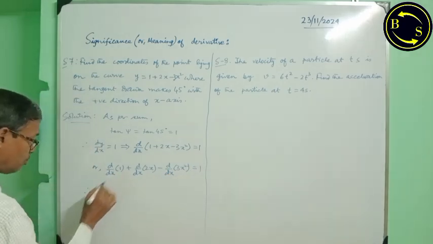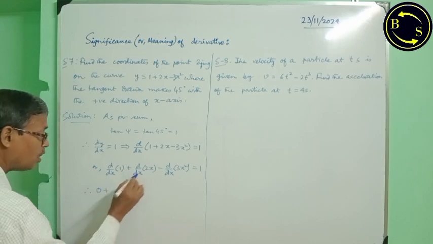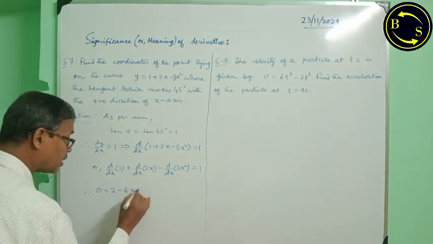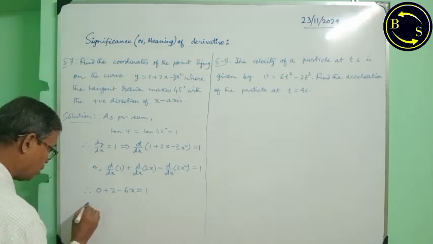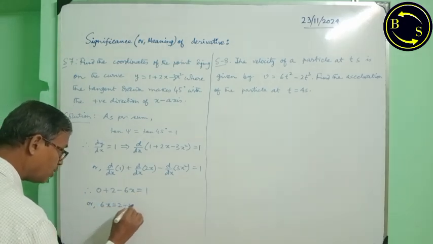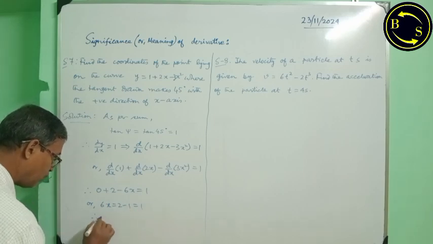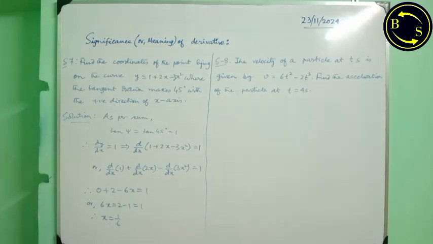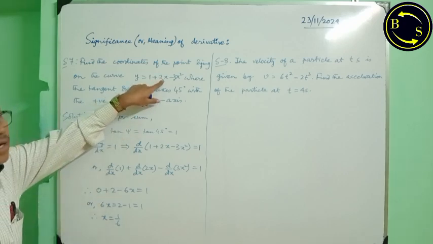Therefore, this is 0, this is 2 minus 6x equal to 1, or 6x equal to 2 minus 1, that is 1. Therefore, x equal to 1 by 6. Now, we have got the value of x. Now, if we put this value here,